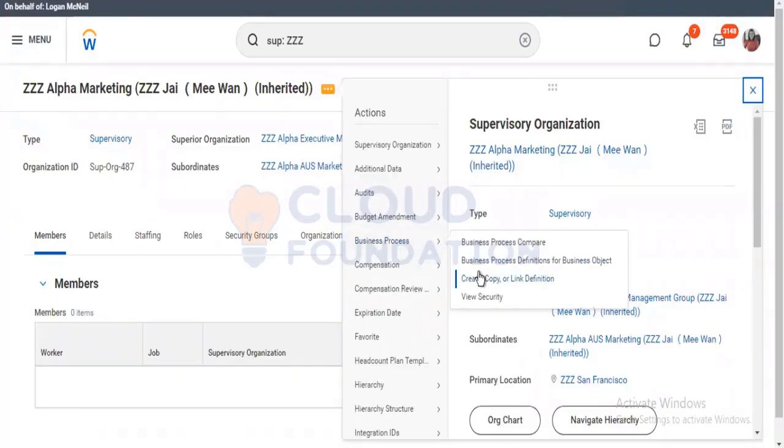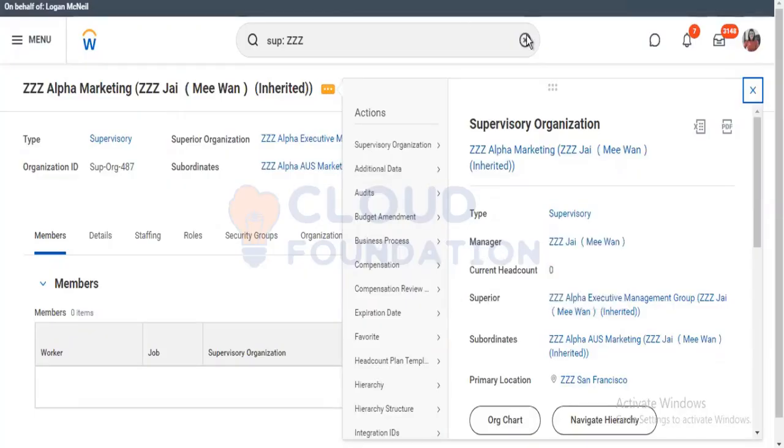So it's like a default mapping of business process with the supervisory organization and their subordinates, right? Yes. Okay, good. And one more thing that I want to show you here is,